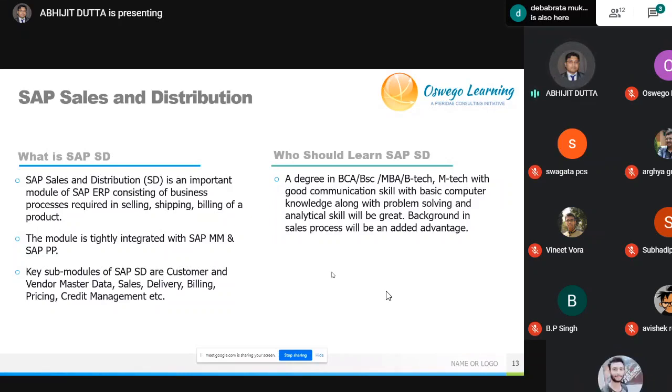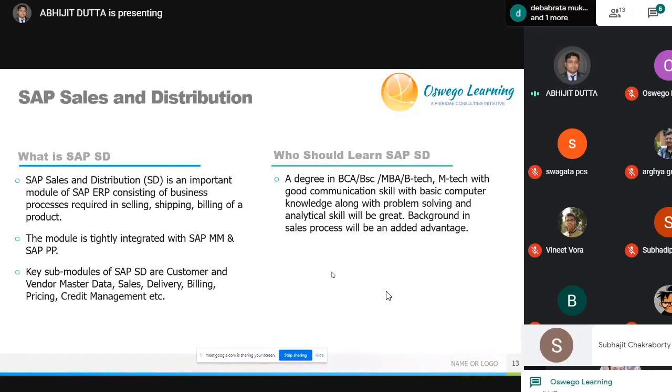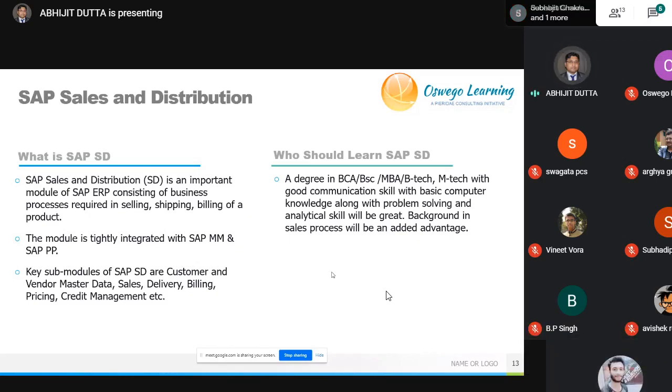It is not that, okay, I only look after the sales order. No, it is not like that. You need to know the in and out of any organization's sales process. So your thought process should be vast and not only limited to SD and MM. You need to integrate with other modules, as well as think through all those processes. If there is any blockage or anything happens in between, there is a repercussion or some subsequent action